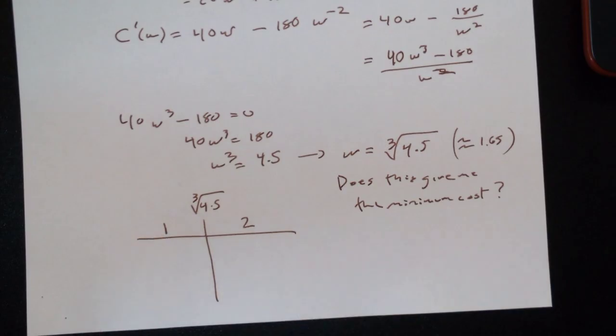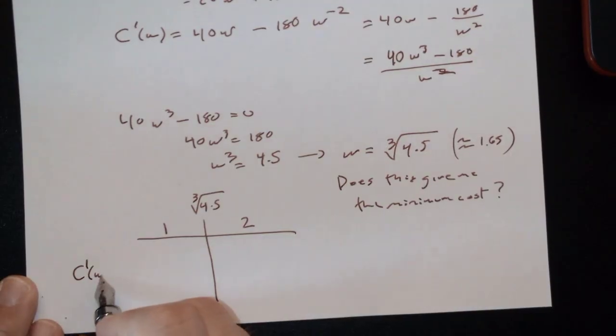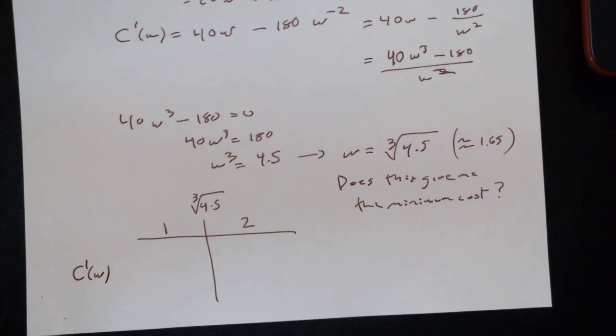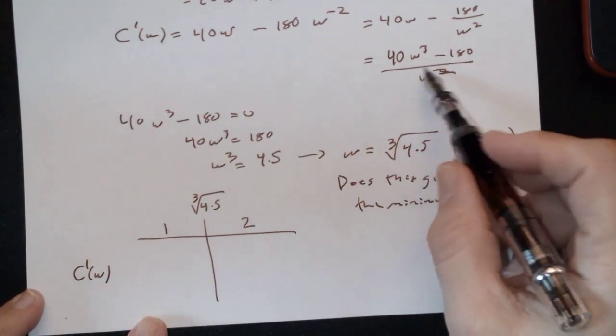That's going to give me the cost number. How is that going to tell me whether this is a minimum or not? What do I plug into in a sign chart? I plug into the derivative. So I want to plug into the derivative. That means up there at the top, right here,